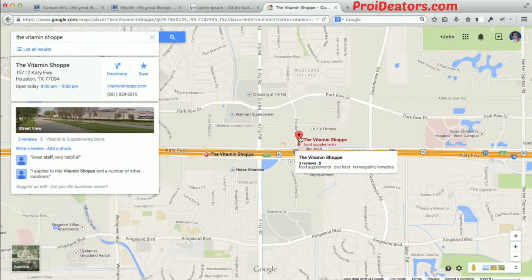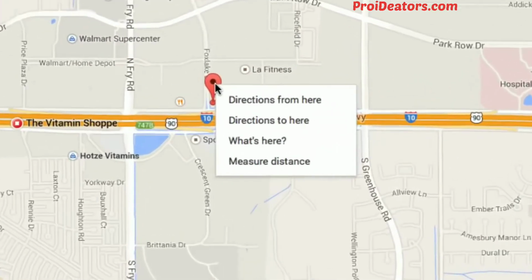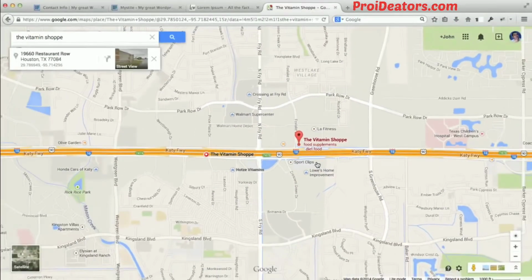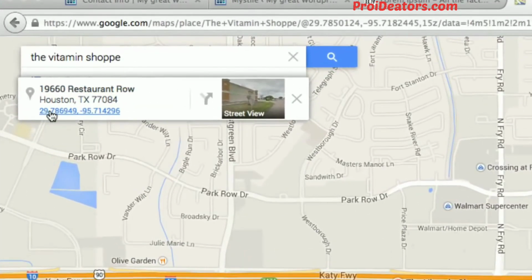All you gotta do is right click that and then click on what's here. Now what you'll get is coordinates underneath the address, and actually make sure you do it right on top of your arrow. You'll get coordinates here,